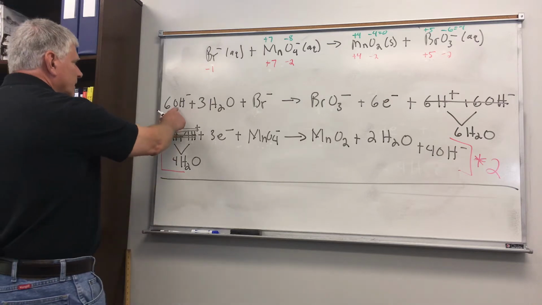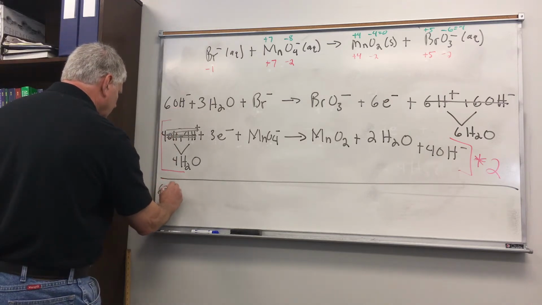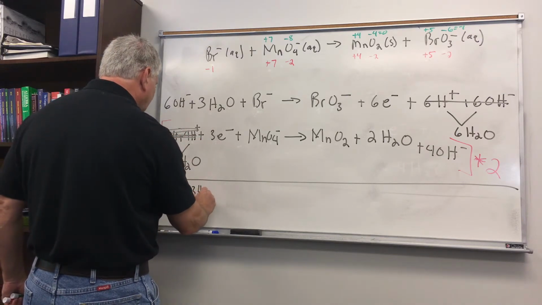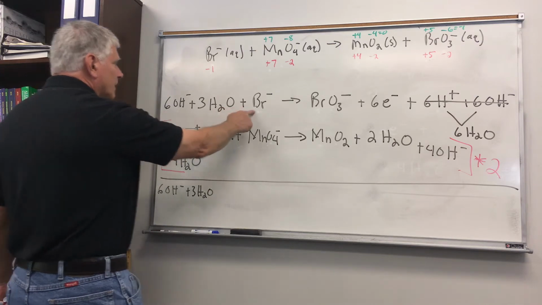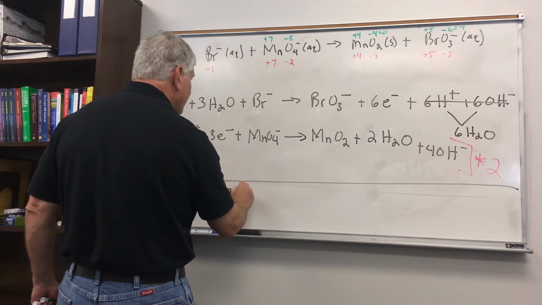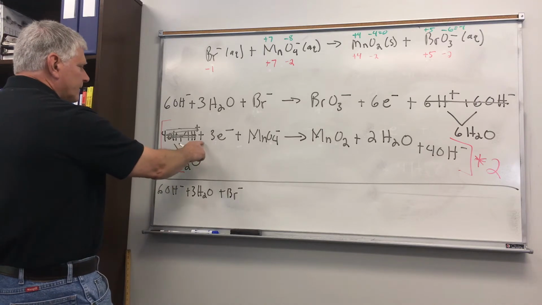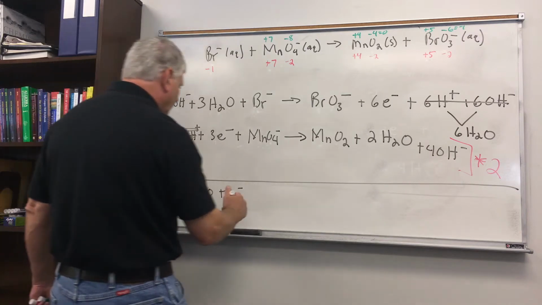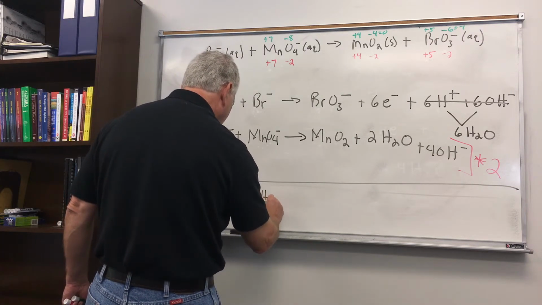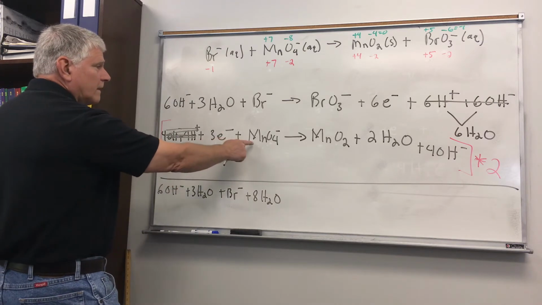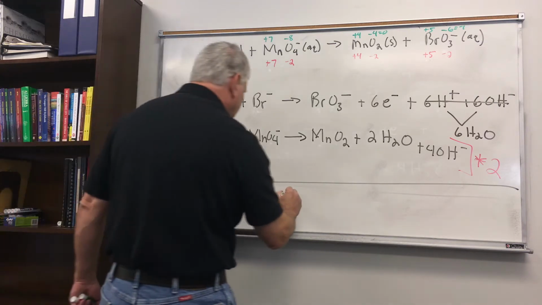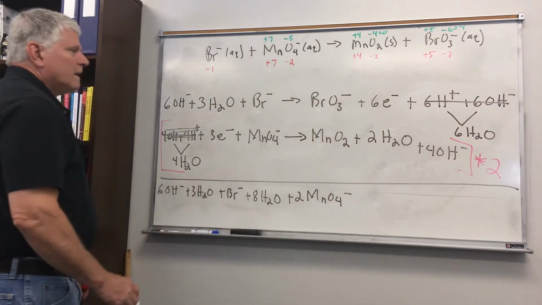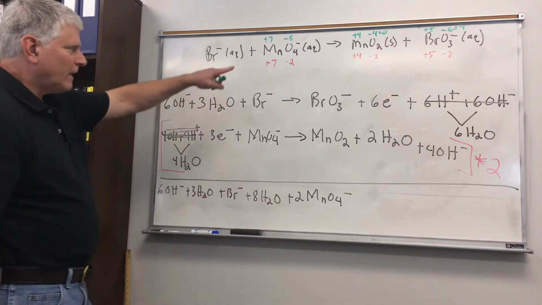So I've got 6 OHs, 3 waters. Now some of these are going to cancel after I add them, plus bromine minus. And then on the left and the bottom, I've remembered to multiply it by 2. I've got 2 times 4, 8 waters. I've got 2 MnO4 minus. That's everything on the left side of the arrow. The right side of the arrow,